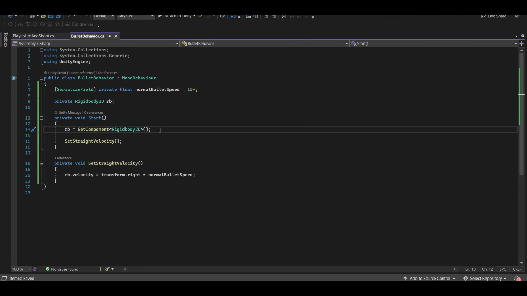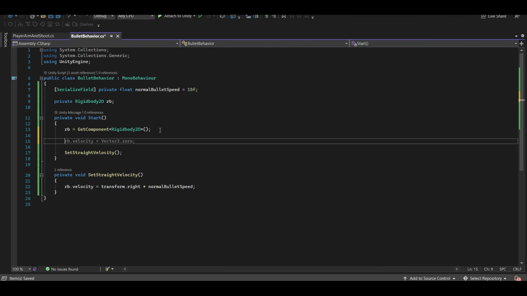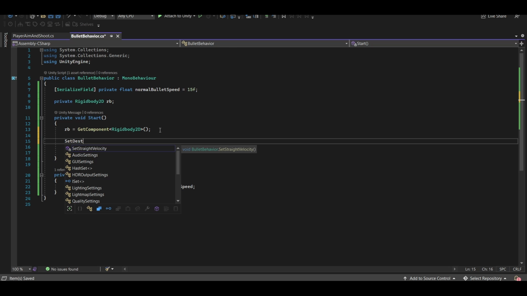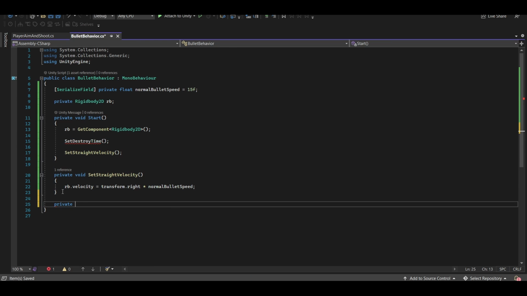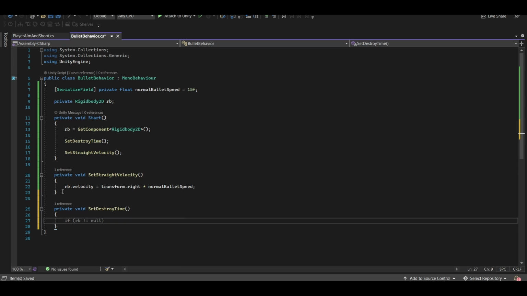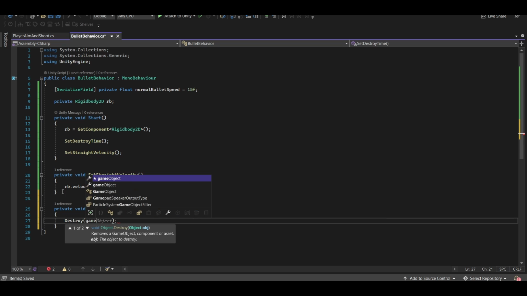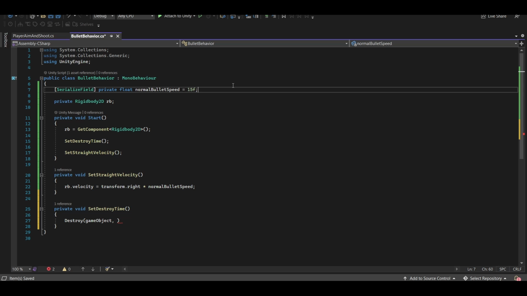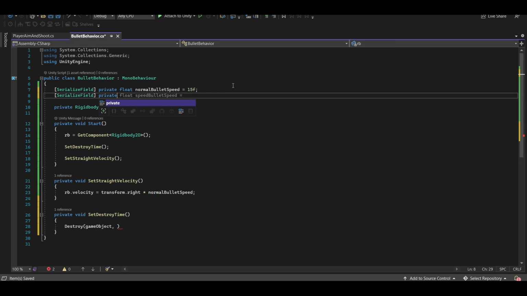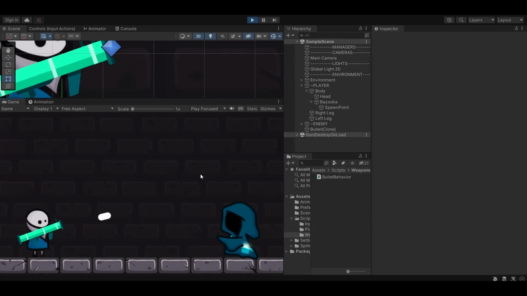So right after grabbing our rigid body, we're going to call some sort of set destroy time function. And let's create that down here. And that's going to be very, very simple. We're going to say destroy this game object after how much time? Well, let's set up a serialized field up here. Serialized field private, float, destroy time. Let's default that to 3 seconds and put that down here. Now you can see as we're shooting, these bullets are going to start destroying themselves after enough time has gone